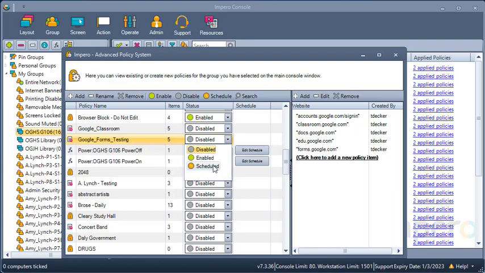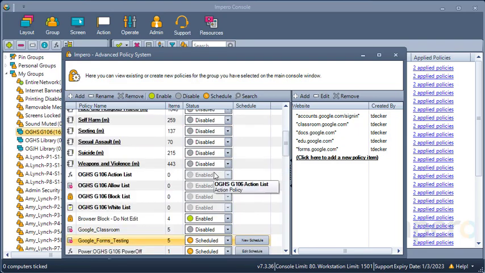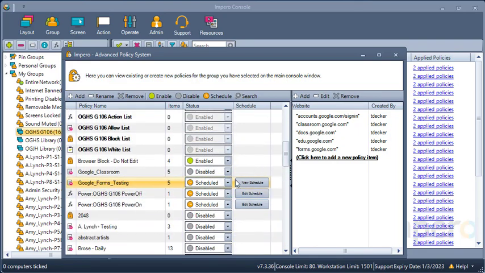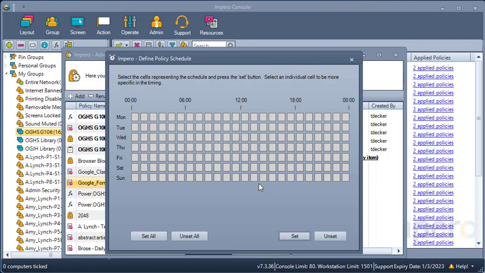So to schedule a policy, you're going to click on Scheduled, and once you click on Scheduled, this option to the very right of the drop-down box will show up and it says New Schedule. When I click on New Schedule, it's going to pull up the scheduling box for me. In the scheduling box, you'll notice that everything is done in 1-hour increments. However, once you choose a box, a 1-hour increment, you will then be able to break it down into 5-minute